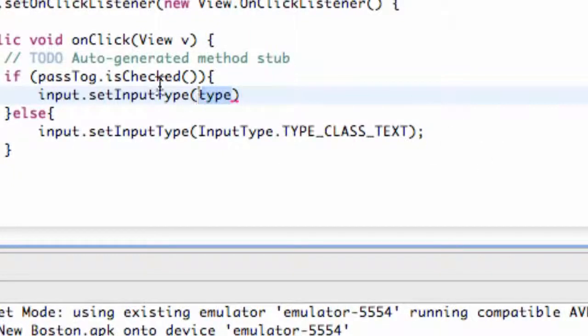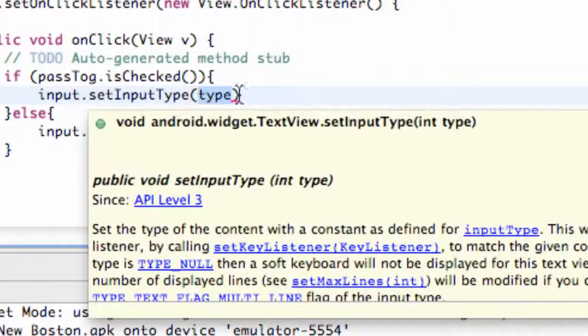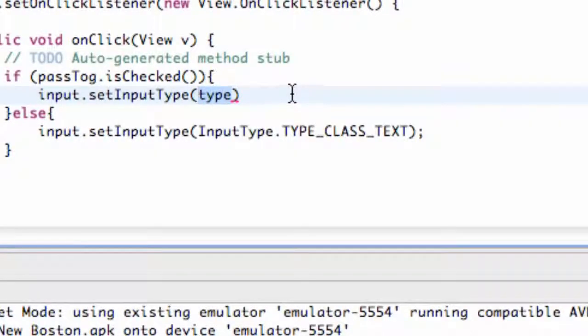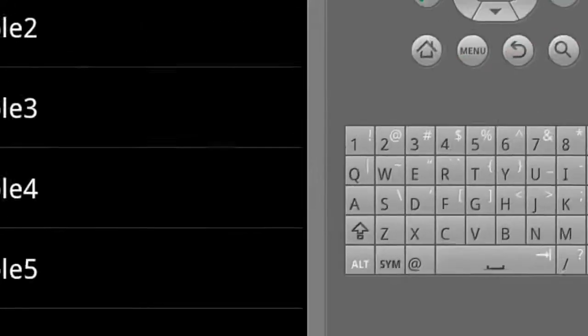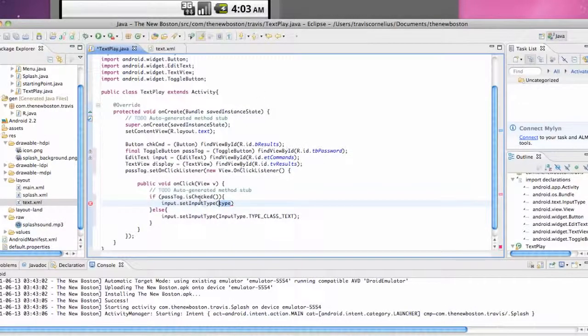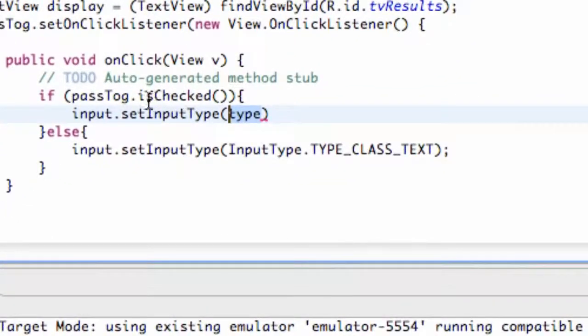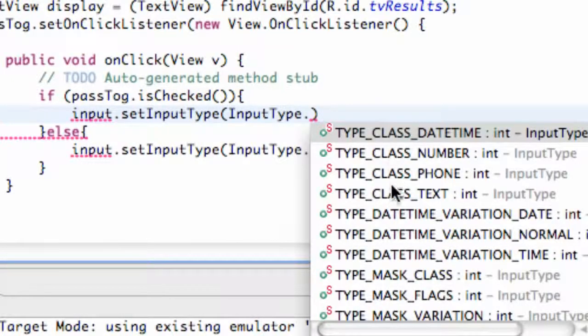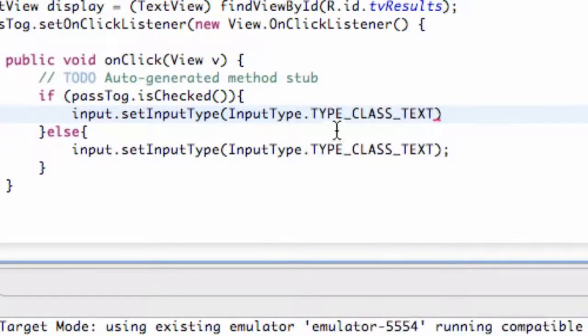So how we're going to set the input type to be a password, or the starred text, let's see if I have it pulled up. Yeah, see, like right now if we put Travis, this is setting the password. That's what it's going to look like. It's going to star out our text. So that's what we're going to set up if the toggle is set to true, or if it's checked on. What we're going to do is say InputType dot TYPE_CLASS_TEXT again,